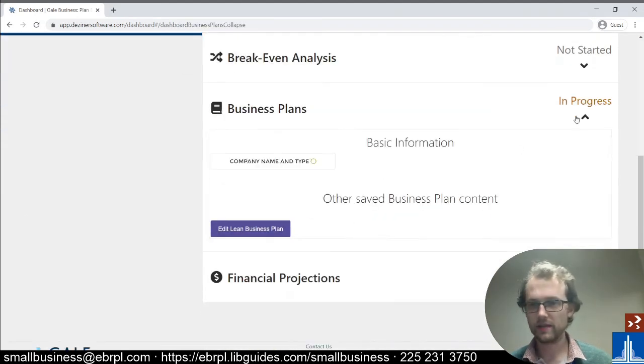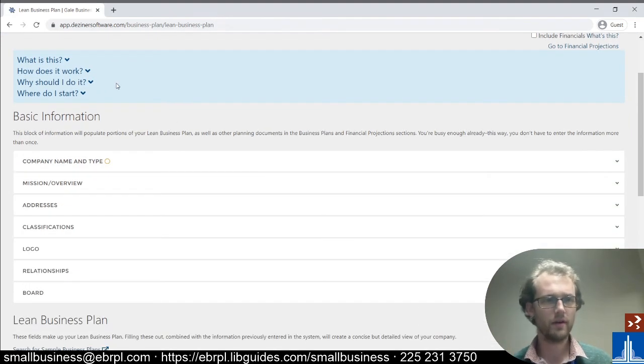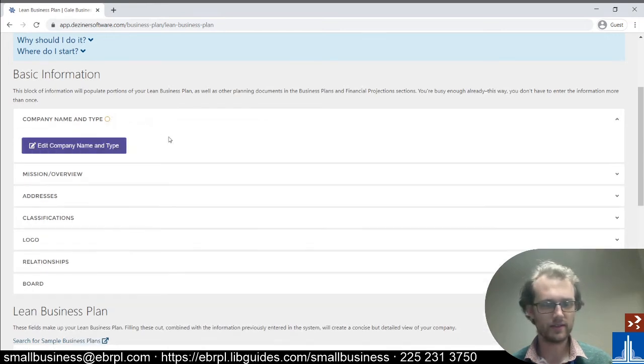So then there's a business plan, and as you can see, this is in progress because it's kind of the culmination of all the stuff you've been doing. So we can edit the plan, and again, as you fill things out, it'll fill it out for you. So that's even better. And the same thing up here, and then again, you just click on each of these: